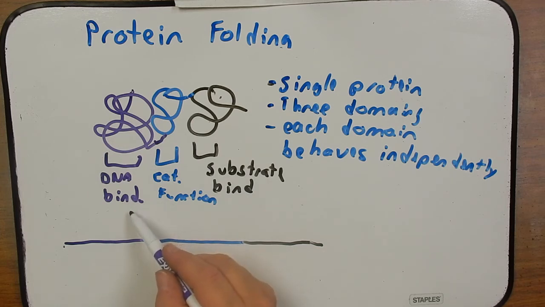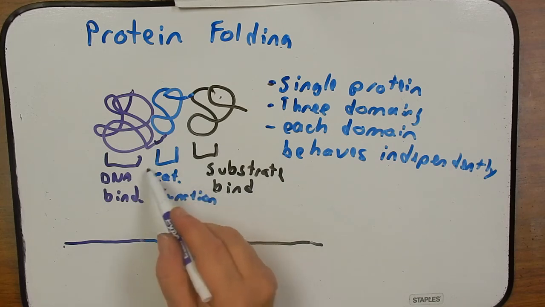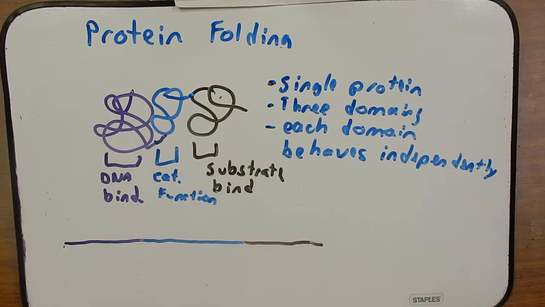This binds the DNA, this binds a substrate, say, to take it to the nucleus so it can bind the DNA, and maybe this has some catalytic function in like transcription or replication. Having these different domains aids in evolution. It's much easier to work from a gene that already works, as opposed to trying to make a brand new gene. So if this gene is duplicated somewhere else in the genome,